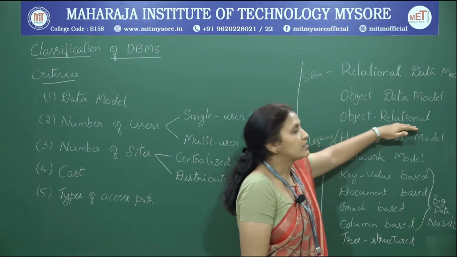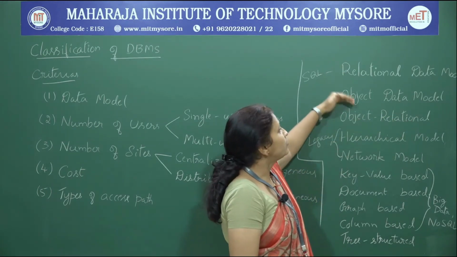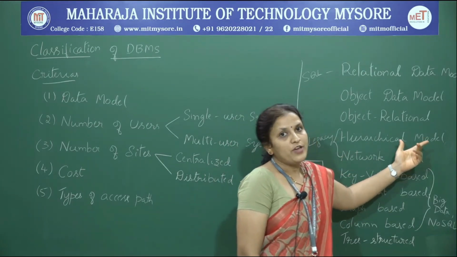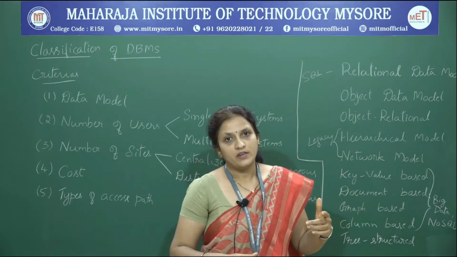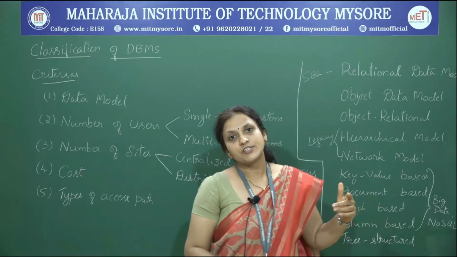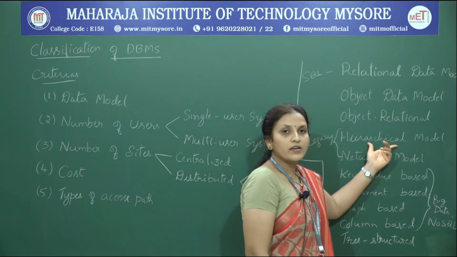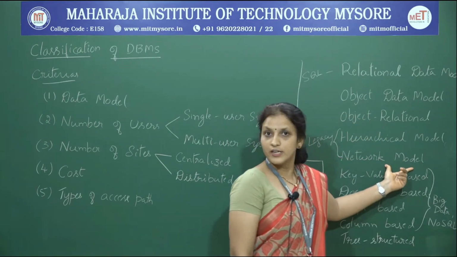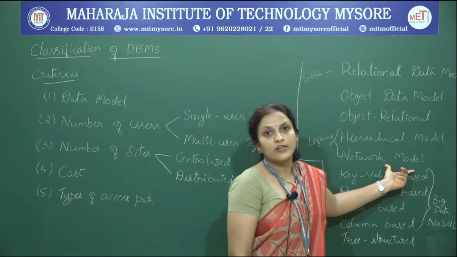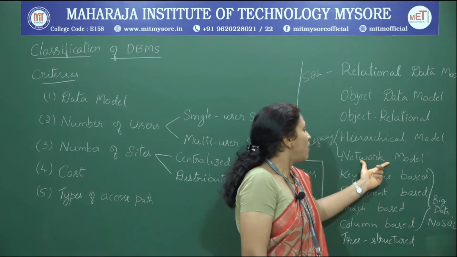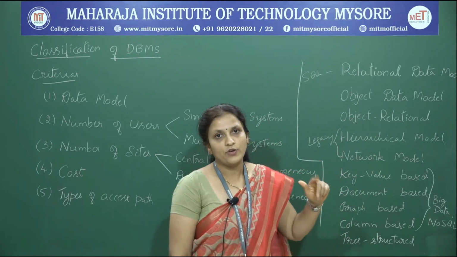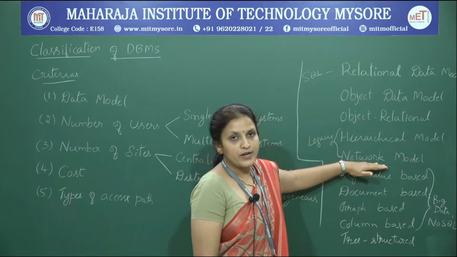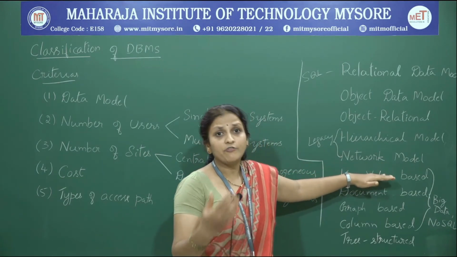Next comes the object relational data model, which is an extended version of these 2. And then we have the hierarchical model, where we have a tree-like structure and a one-to-many relationship exists, and a many-to-many relationship exists in the network model. We have already discussed it when we studied the data models. These 2 models are found in the legacy systems which we have. Many legacy systems are still making use of these 2 kinds of data models, and with the advent of technology,